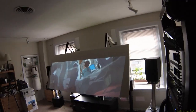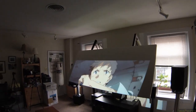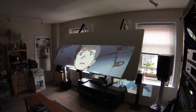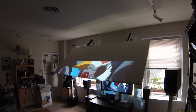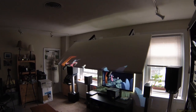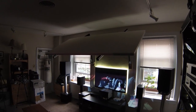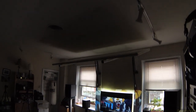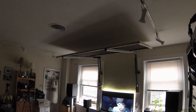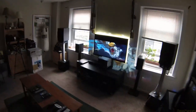This is about a 40-second lift. You could actually time it on YouTube if you like. I haven't actually done it with the weight of the screen. I did it with no weight on it. Look, I got some apples. And there's a 50-inch Kobe television back there if you want to compare and contrast. And we're almost at the top. And that's it. So, let me put the lights on now so you can see what the actual...